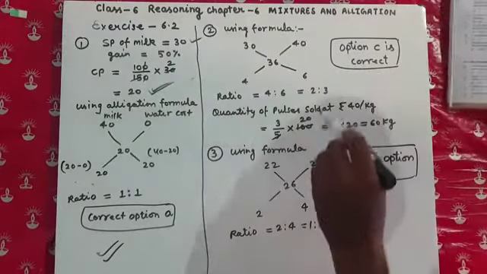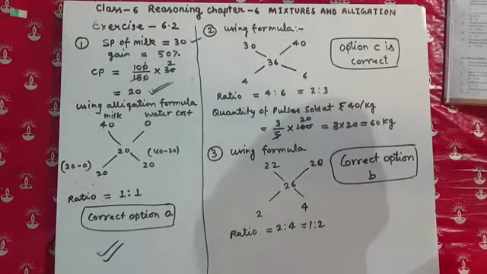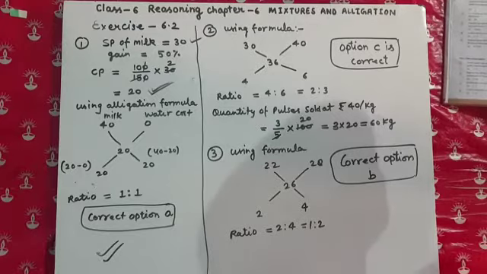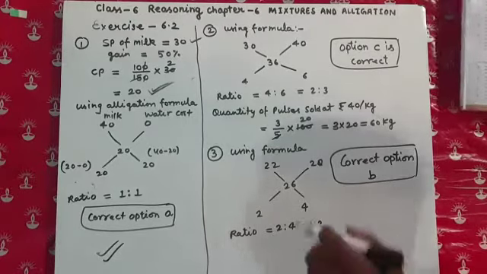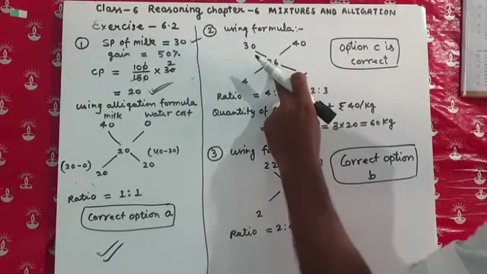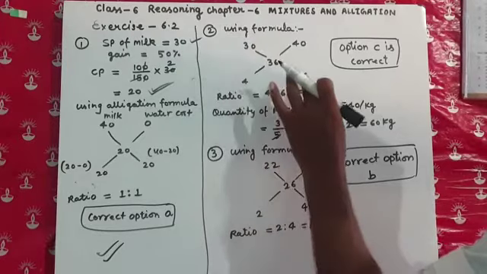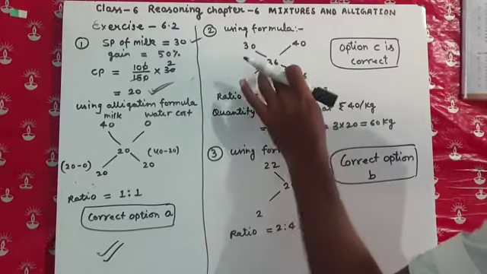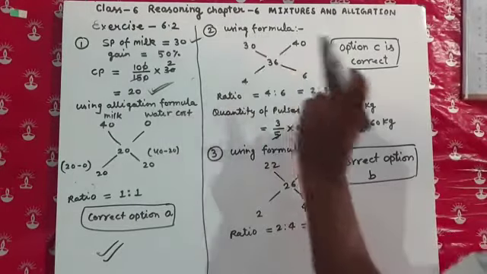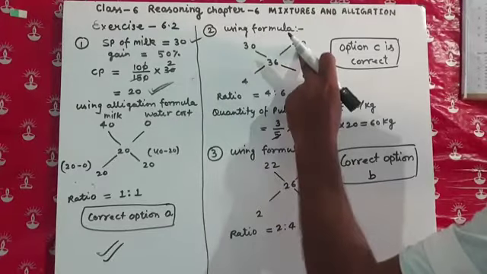Now going to question number 2. Here it is given that a grocer has 100 kg of pulses, part of which is sold at rupees 30 per kg and the balance at rupees 40 per kg. If he gets an average selling price of 36 per kg, find the quantity of the pulses sold at rupees 40 per kg. So 30 per kg, 40 per kg, and the middle price is 36 per kg. So 36 minus 30 becomes 6, 40 minus 36 becomes 4. So here the ratio becomes 4:6. This is the ratio of the cost of rupees 30 and the cost of rupees 40.